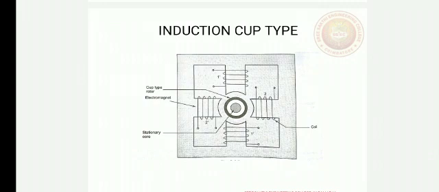And third one is induction cup type relay. The stator consists of two, four or more poles. Coils 1 and 1 dash are connected, while coils 2 and 2 dash are connected to form two pairs of coils. The rotor is hollow cylindrical cup type in structure. Compared to an induction motor, the difference is that in this relay, the rotor core is stationary and only the rotor conductor portion is free to rotate about its axis. The currents and fluxes are produced. Due to this, eddy currents are induced in the cup type rotor. These currents produce flux. The interaction of these two fluxes produces the torque and the rotor rotates in the same direction as that of the rotating magnetic field.